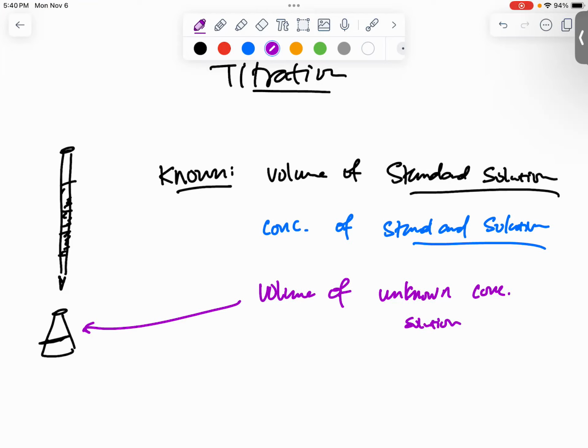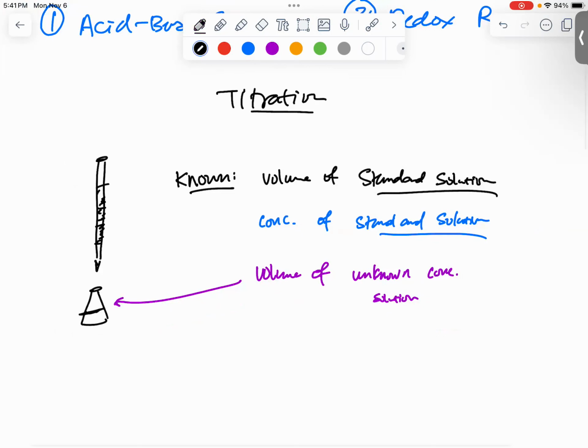It's like that because we're basically looking at the moles. However, it is not exactly like a dilution because the mole ratio is not necessarily 1-to-1. And that's where we will use a word